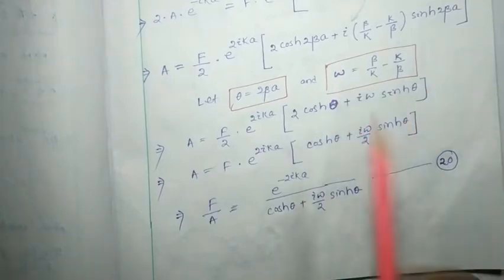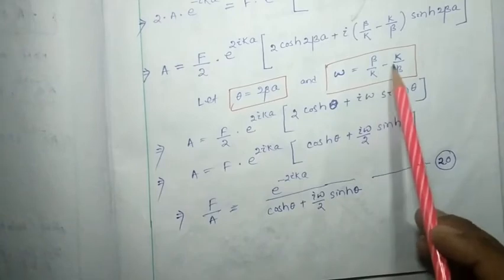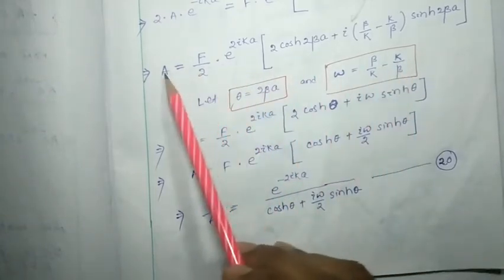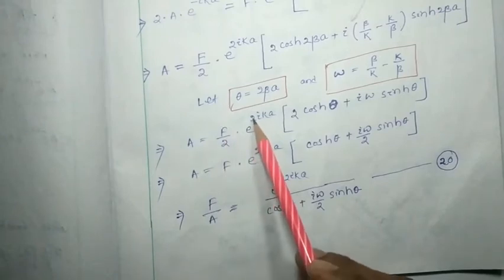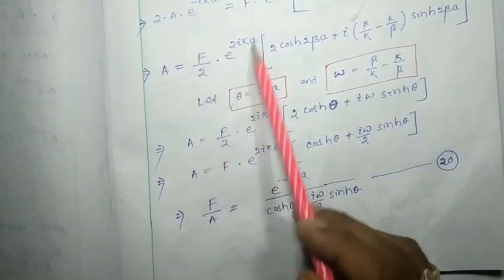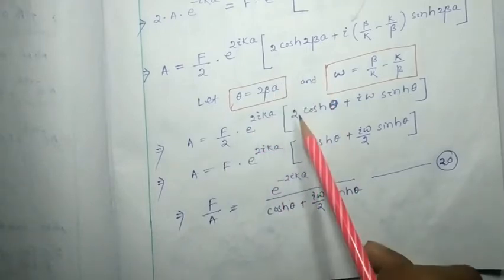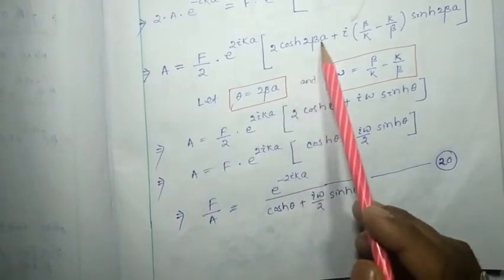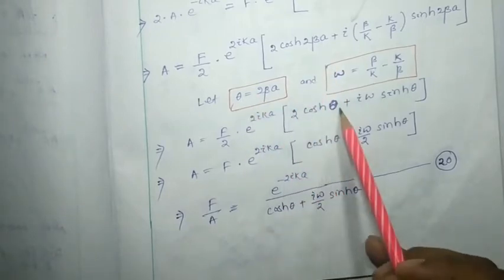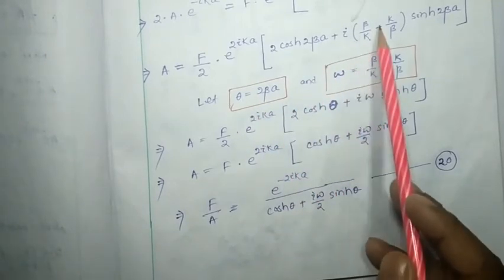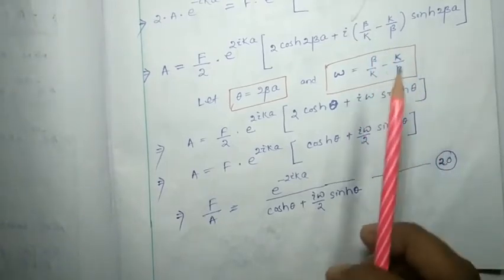Okay, so here we consider that omega is equal to beta by k minus k by beta. Now this equation will be a equal to f by 2 into e to the power 2ik, whatever it is here that is written here, then 2 cosh 2 beta a, considered as theta, so 2 cosh theta plus i into omega into sinh theta. Okay, now